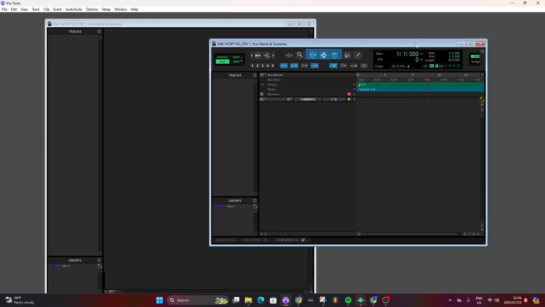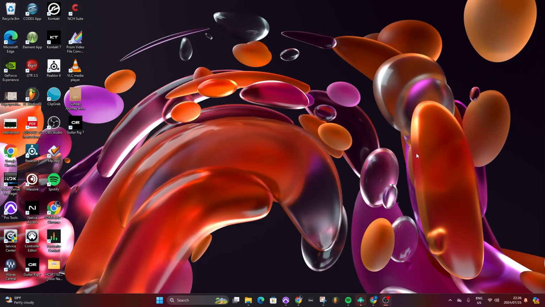But what's most important right now is that I want to show you the file structure whenever you've created the Pro Tools session. So let's minimize Pro Tools and go to the session that we created on the desktop, which is right here. It's a bit dark right there. Okay, so at the bottom corner, we've got our session. Now this is what we call selected. Let me move it into the middle. This is what we call our